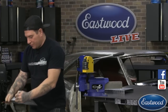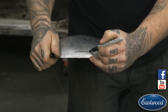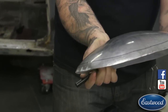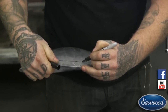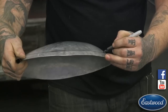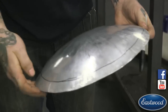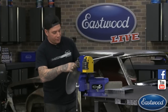I'm just doing it just for a quick demonstration, I'll try and match where we were at. Of course, if this was something for an actual vehicle, we'd take dividers here and just do it. But imagine that's your scribed line. I just did, we didn't trim all the fat off there. But what you can do is go around like I was doing before,